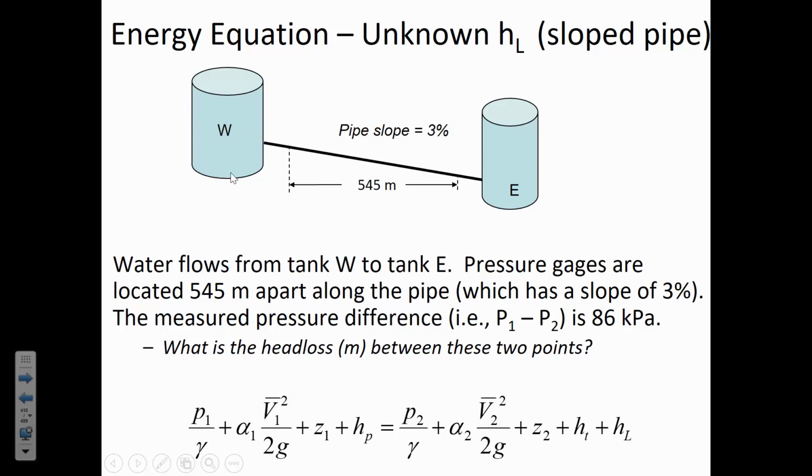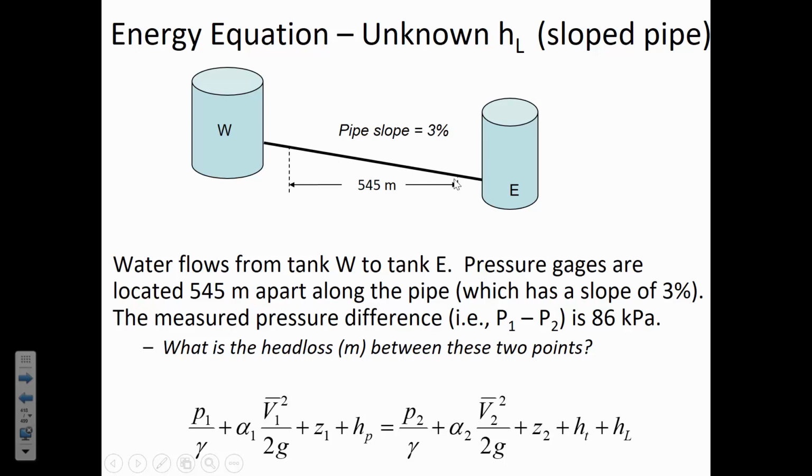So consider the case of we have two tanks connected together and water is flowing from the tank in the west towards the tank in the east. But because there's a slope in the pipe, any pressure measurement we take is going to be affected both by frictional losses and also by the delta Z. And so in this example, we measure the pressure at location 1, which is upstream, and location 2, which is downstream. And the pressure difference between the two is 86 kilopascals, meaning that the pressure at 1 was greater than